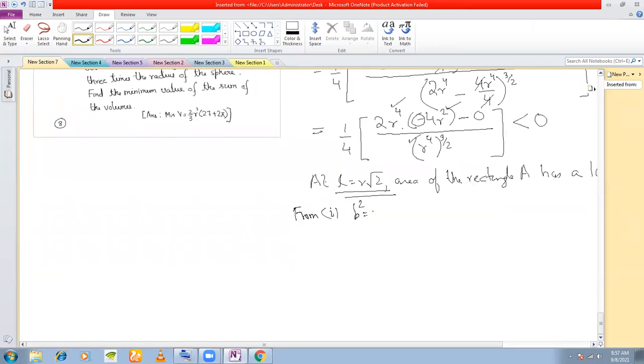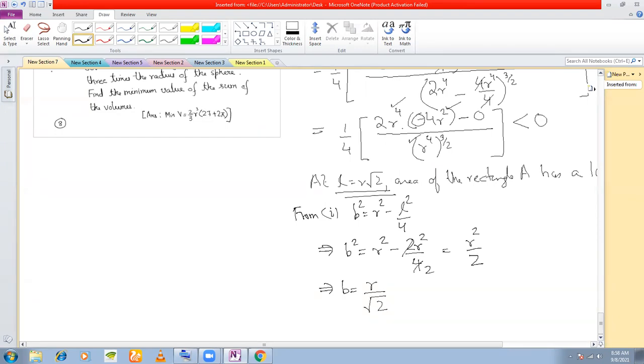That means b square is equal to r square minus l square, which is 2r square because l is equal to r root 2. So how much are you getting? R square minus r square by 2. You're getting r square by 2, right? So that means you're getting breadth is equal to r by root 2,